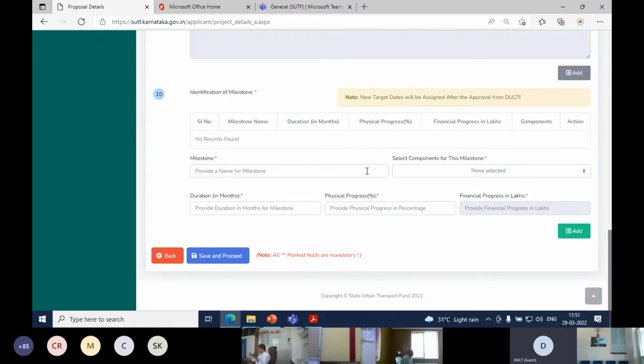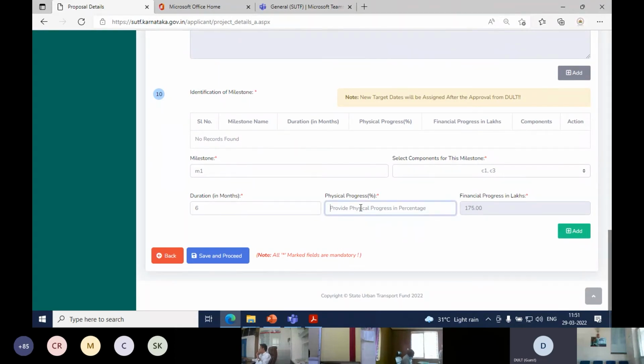Now I will demonstrate how to fill in the milestones. I will say M1 and you will have a selection tab to click on the components that you would like to club in. Instead of 4, there might be 20 components in your project, but right now for the dummy, I have just shown 4. So now I would like to combine my component 1 and component 3, and I would like to assign 6 months of duration for this.